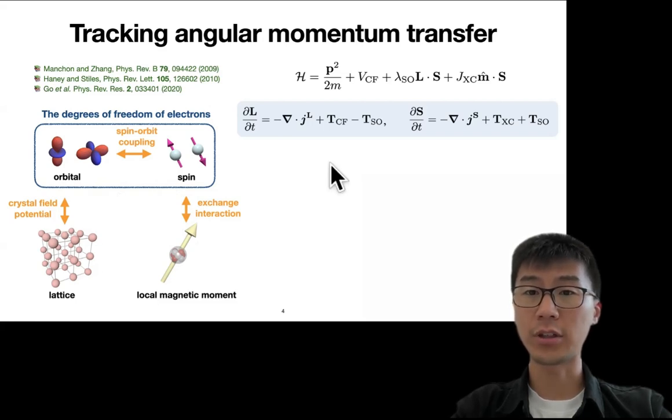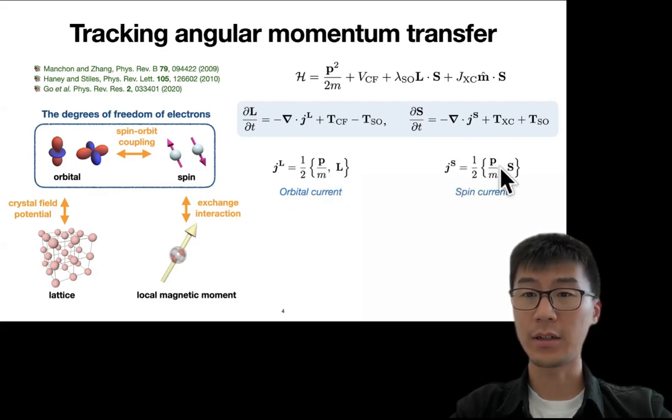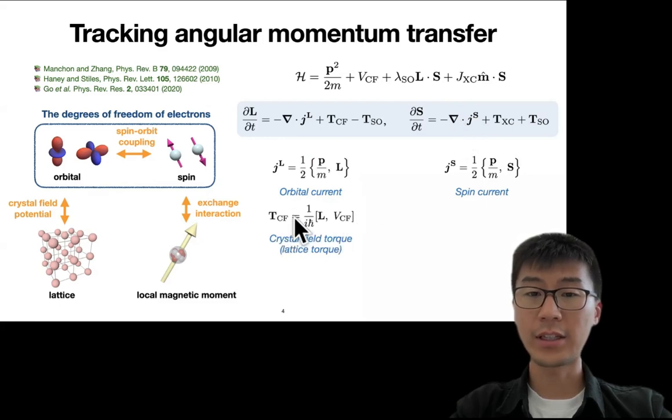Anyway, the individual terms appearing in these equations are as follows. The first one is the orbital current, the product between the velocity and angular momentum. And we have the spin current here. This is the spin flux. And then we have the crystal field torque. Generally the form is quite complicated. We don't know V before we specify a crystal symmetric system,